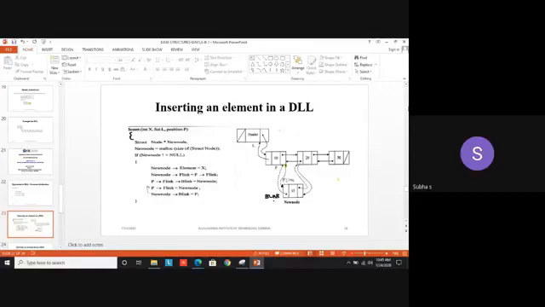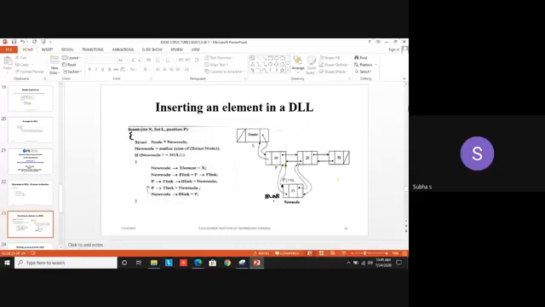Now let's look at the third statement in the if condition. P arrow F link arrow B link equal to new node. Again I tell, P arrow F link is now pointing to whom? New node arrow F link, because we have assigned it in the previous statement. So that new node arrow F link's B link is the new node. So you have to connect that backward link also. Now assign that new node as P arrow F link.